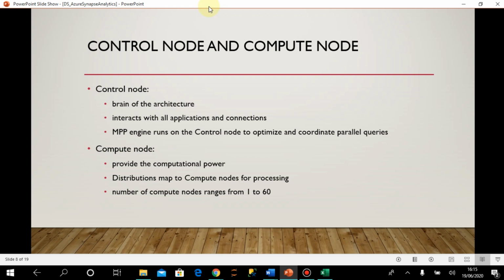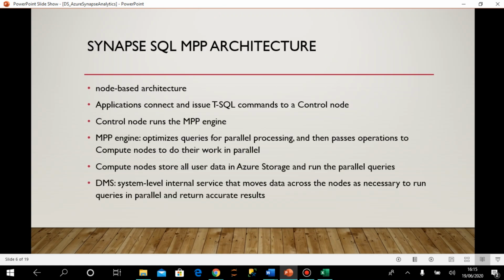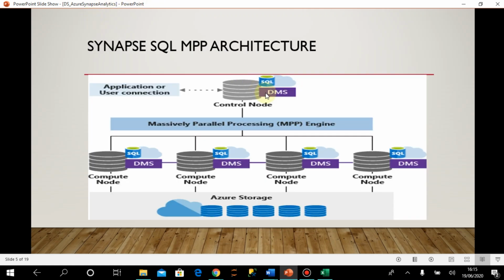Back. We are discussing Azure Synapse Analytics. So far we have discussed the different components of Synapse Analytics, what is SQL pool, and what this MPP architecture is. So we'll continue our discussion on that. We have already shown the picture of this MPP architecture, and here we have discussed this control node and compute node. So you understand that there are two types of node.